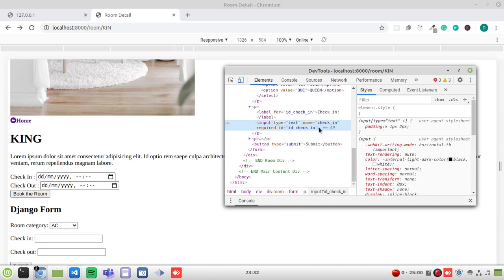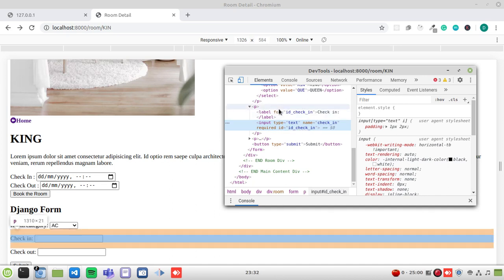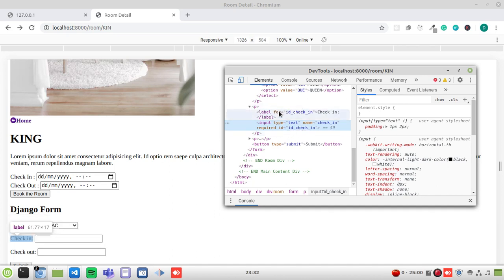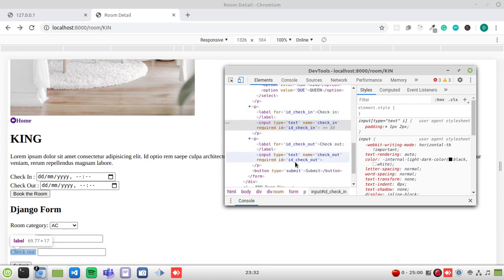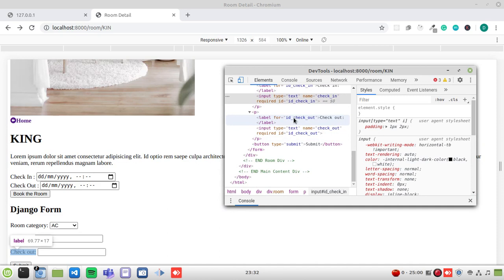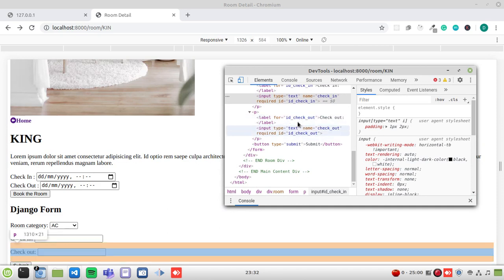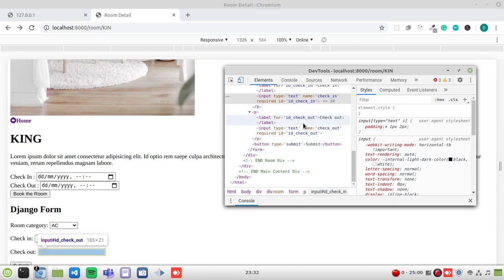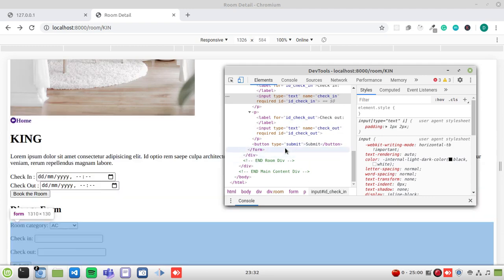That's the reason we are doing this, right? And also the name is check-in, and it's required, and ID is also ID underscore check-in. So ID is ID underscore check-in, and matching with this ID is the for, that is ID underscore check-in. And in a similar manner we have ID underscore checkout and ID underscore checkout over here. So that's the thing that we need to copy into our